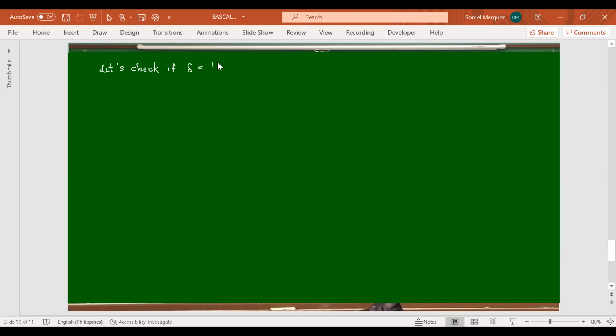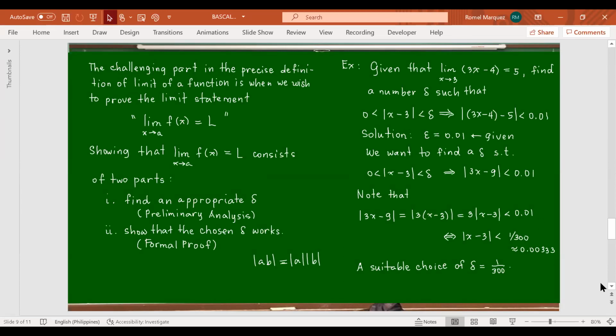What is that value? 1 over 300, no? Works. So to determine if it works, all you have to do is to begin with this hypothesis. We know that